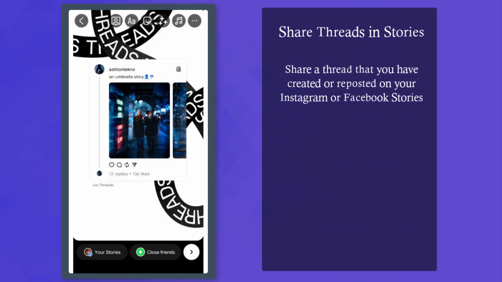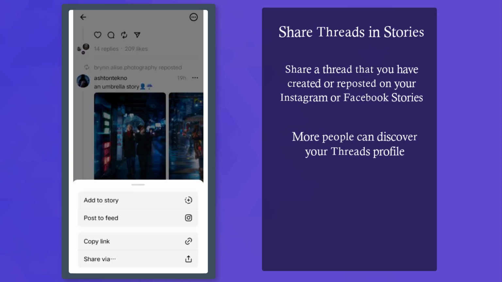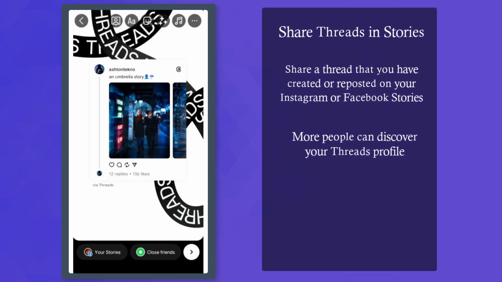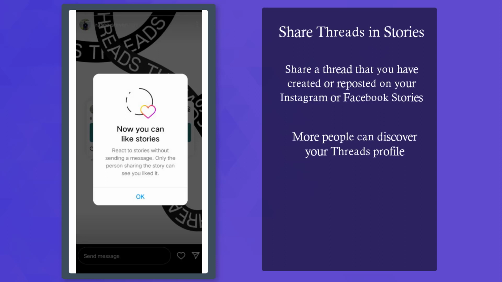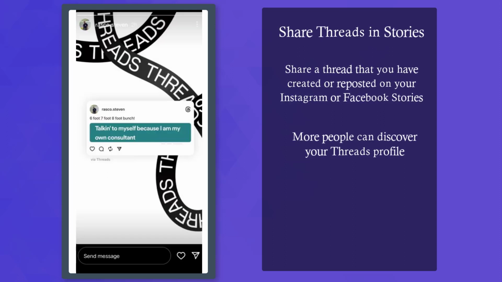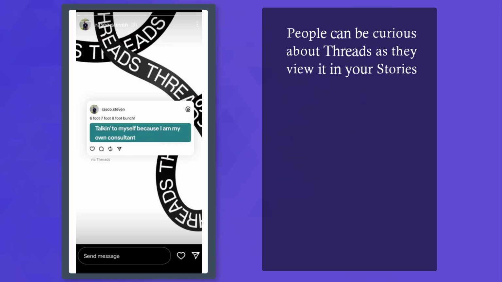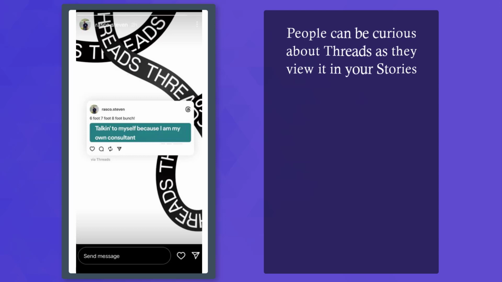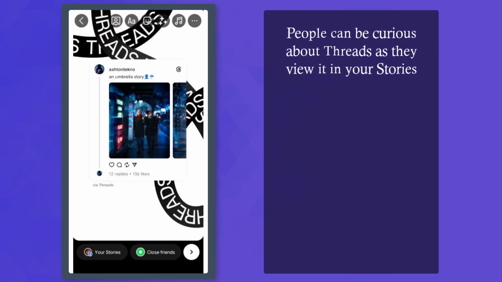Share threads in Instagram stories. It is possible to share a thread in your Instagram story and share it on the platform. Anyone who views your Instagram stories may come across your story showing threads. They can be curious about what Threads can do. Using Threads, you can react to stories without sending a message. You can view the story shared by a user as they share the threads that they post or share threads